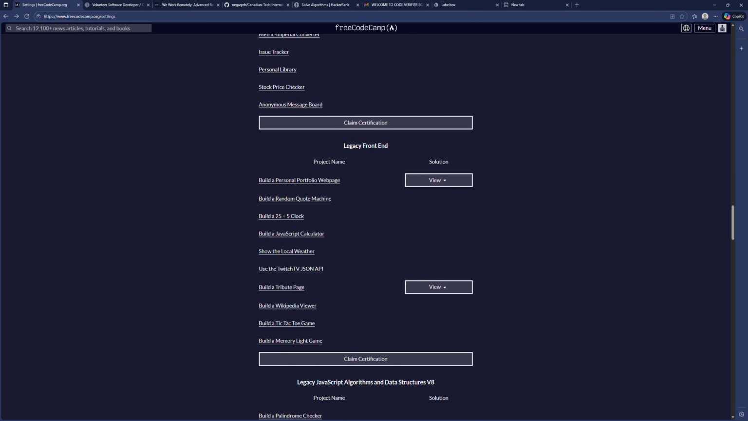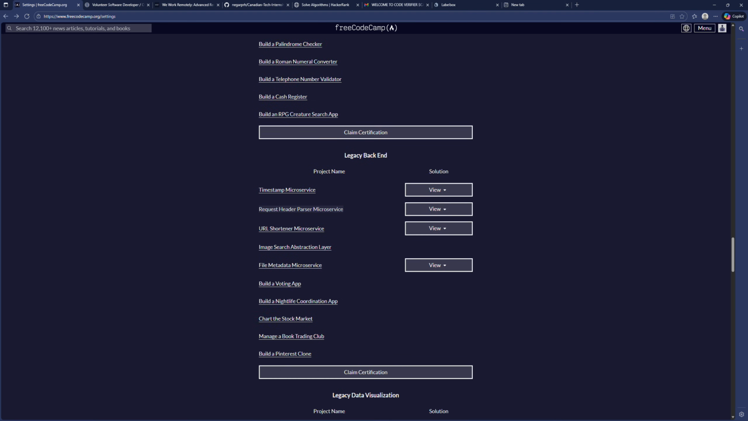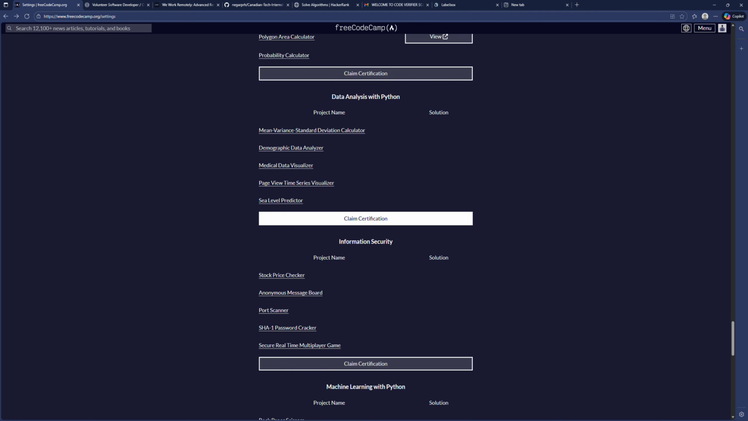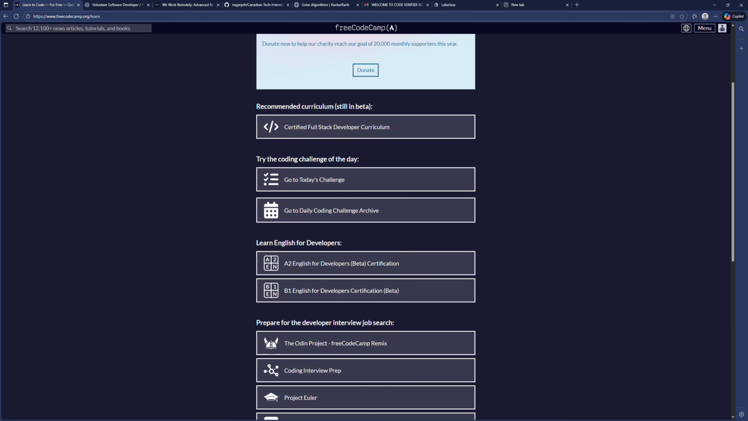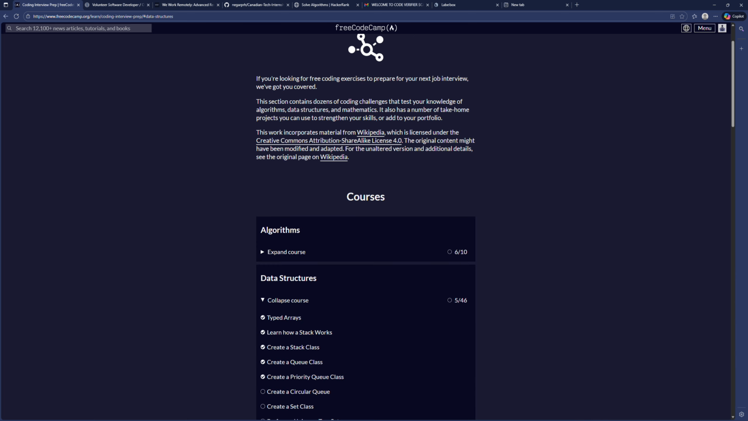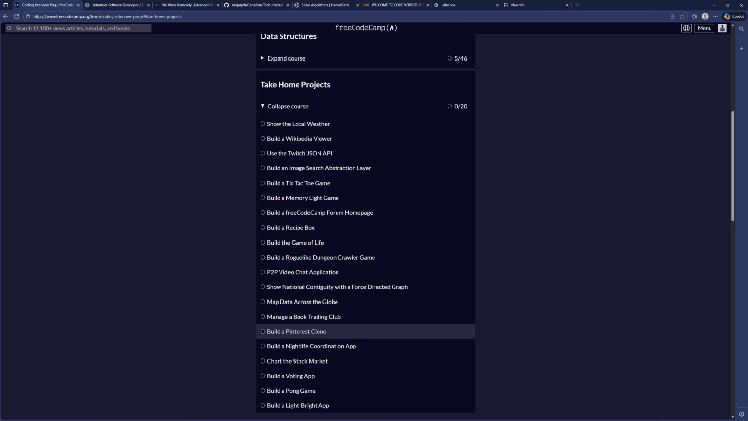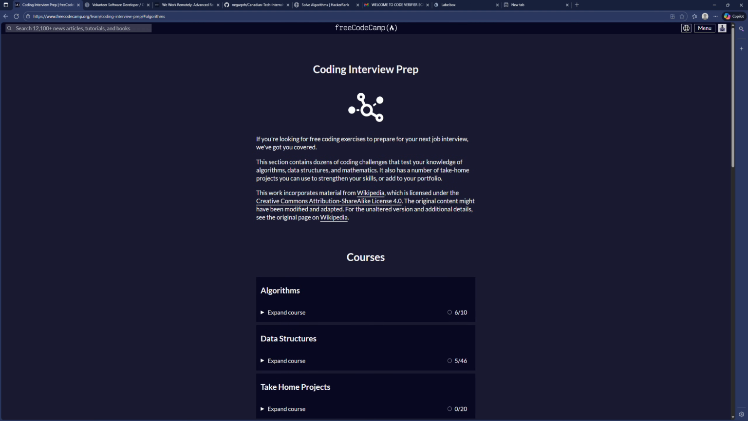Then they still have even more projects, right? Just more legacy front end, legacy backend, legacy data visualization. I have all these projects. You want to go learn machine learning in Python and stuff. And then if you go to coding interview prep, they have these take-home projects here. So lots of projects to do, and I think it just helps, especially because you always see people asking,